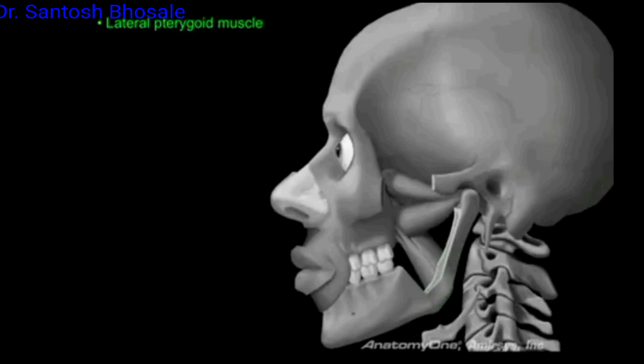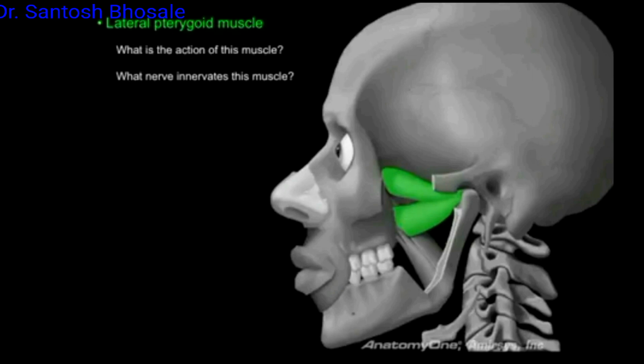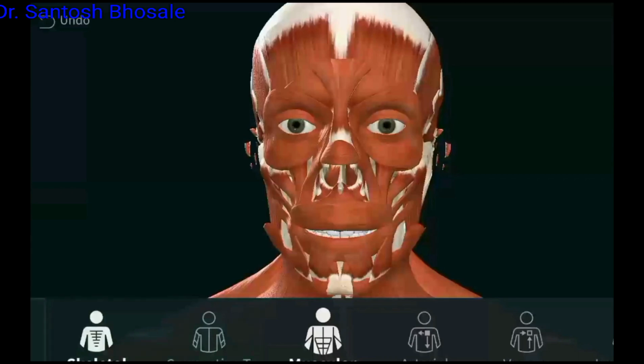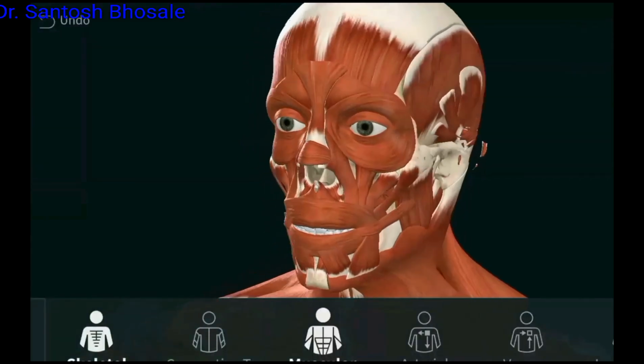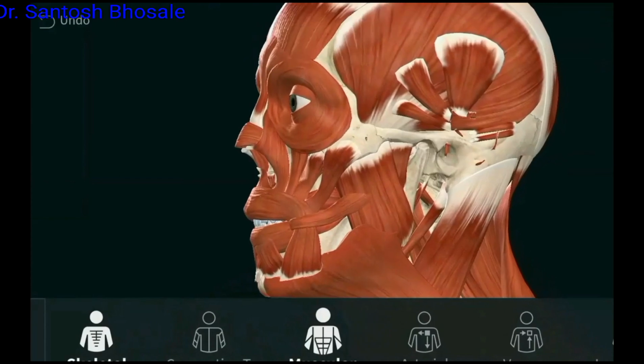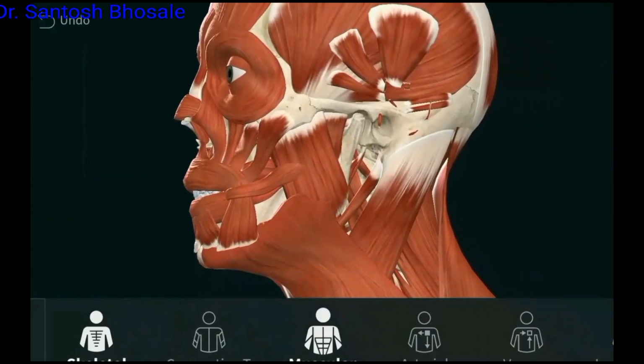Lateral pterygoid has 2 heads, upper head and lower head. Upper head from the sphenoid or the roof of the infratemporal fossa, and lower head comes from the lateral surface of the lateral pterygoid plate. Remember 4 L's. Lower head of lateral pterygoid comes from the lateral surface of lateral pterygoid plate, 4 L's, and inserts into the pterygoid fovea. And when you see in the animation here, if you zoom, we are just exposing this one.